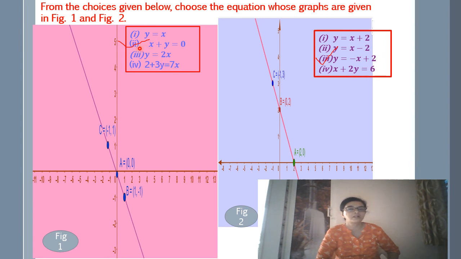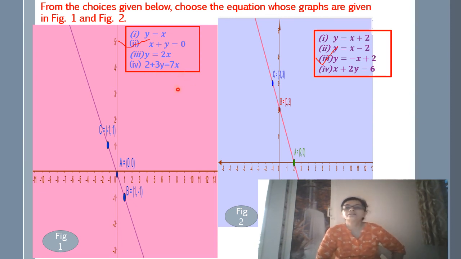You should even try the third point. Similarly, check the third equation. It will not work when you replace these values of x and y in equations 3 and 4. They are not going to work out, which means LHS will not be equal to RHS when you replace these values.